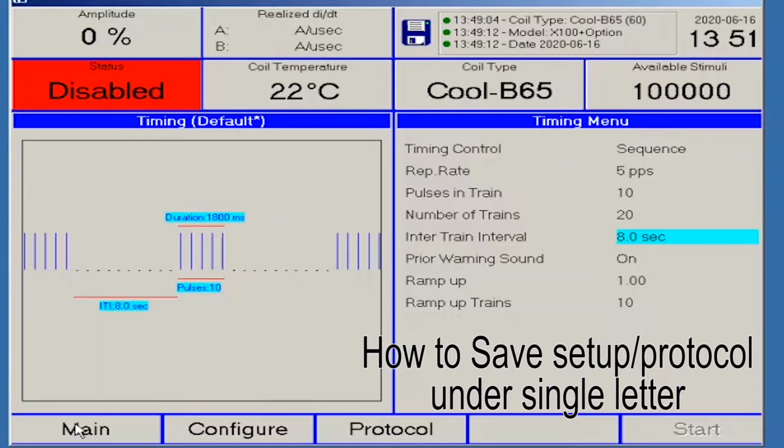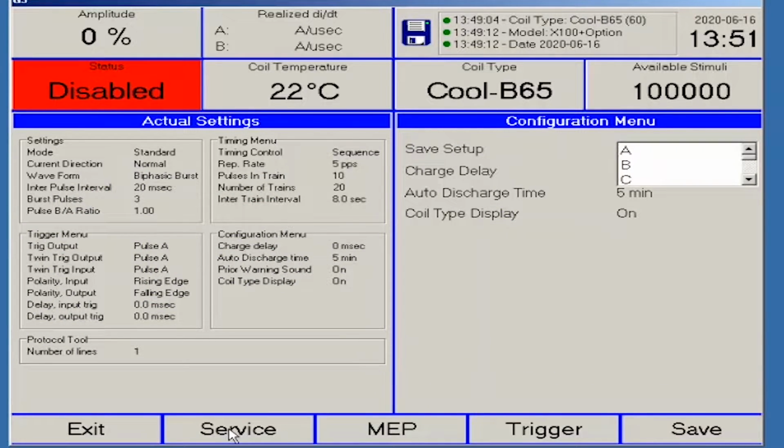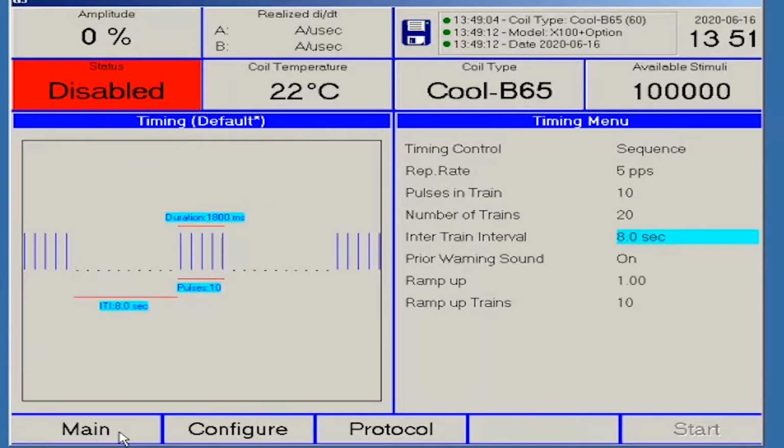We can then go in to our configuration. We can save our protocol. I will choose the letter T. And save. If I exit and I go into the main menu,